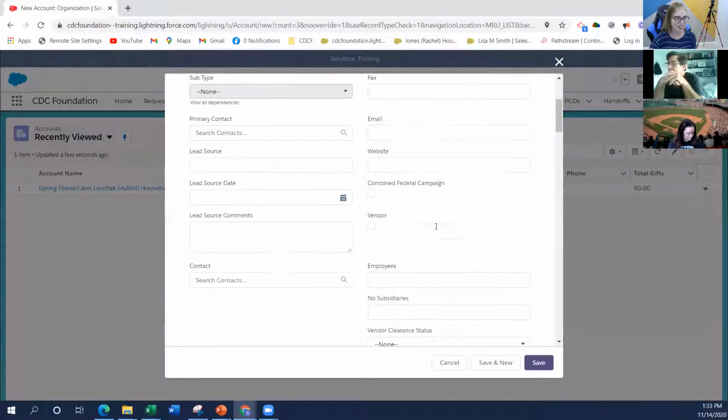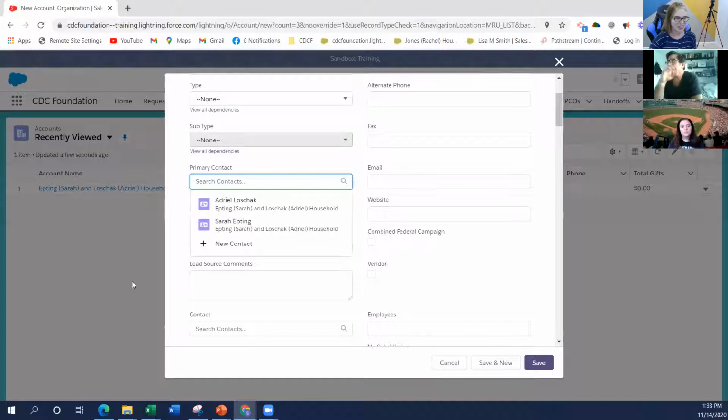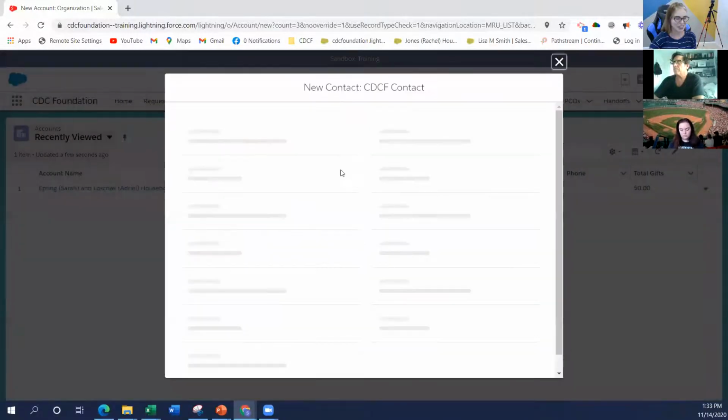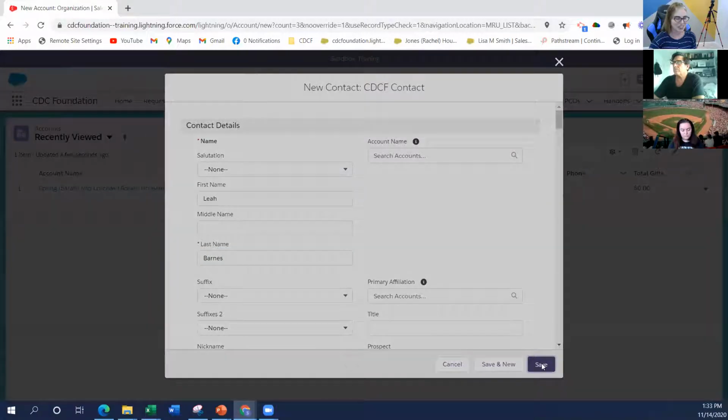And when I do that, different organizations do it different ways, but at the CDC Foundation, if I added somebody's name here as the primary contact, it will automatically create a household account